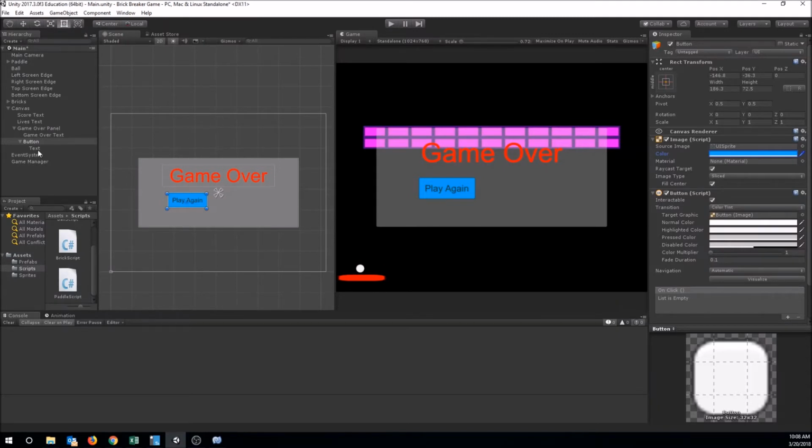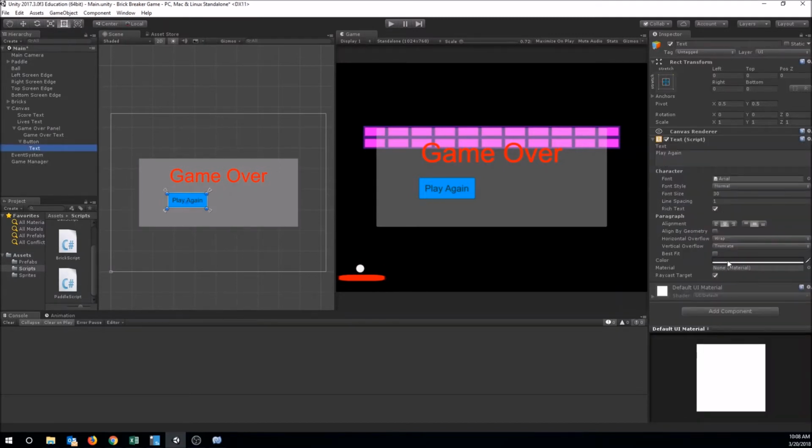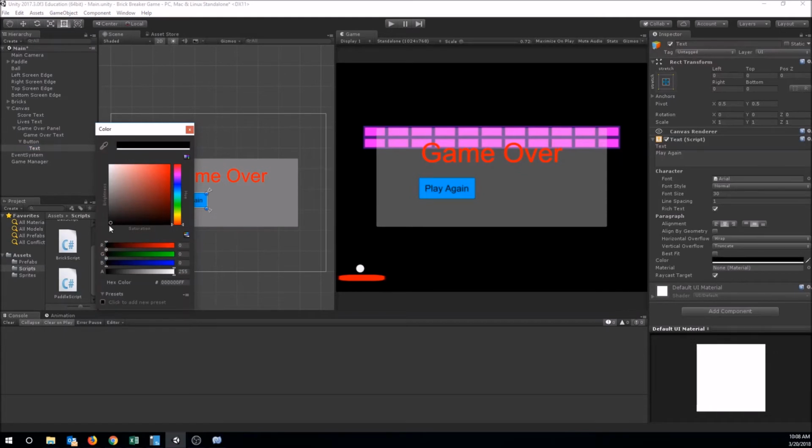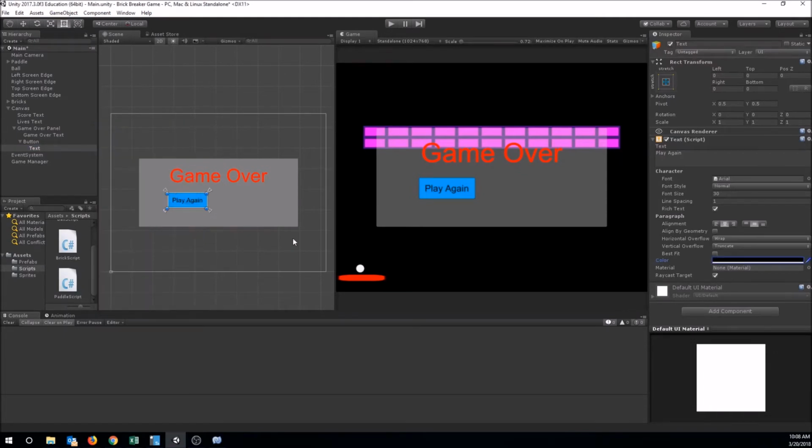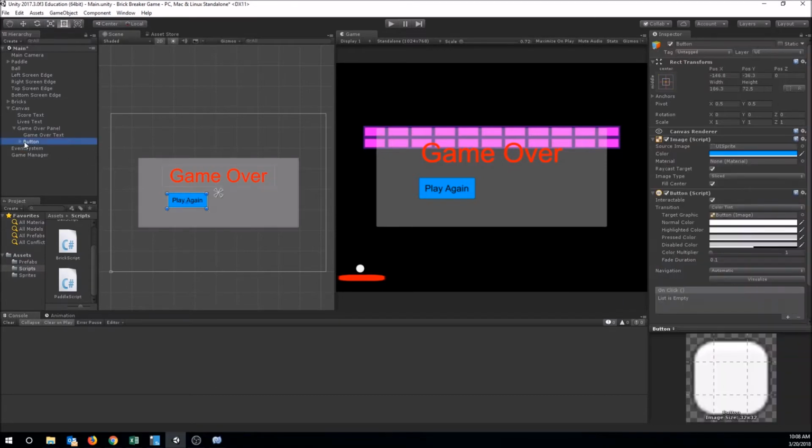Let's go back to the text, and we can change the text here as well. Let's take it to a darker color. Let's take it to black so it stands out, contrasts a little bit more. So here's our play again button. Let's name this button over here so that we know which one this is. This is play again